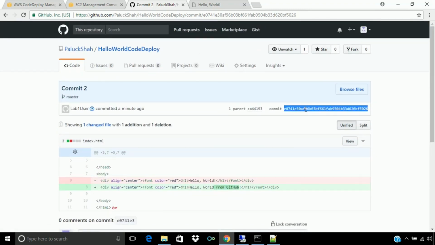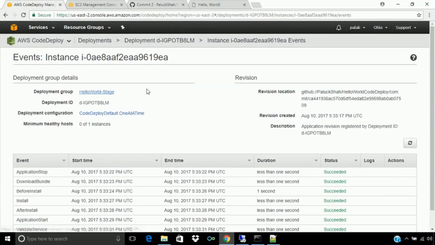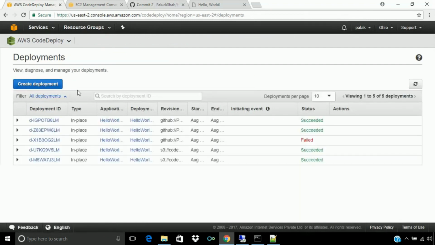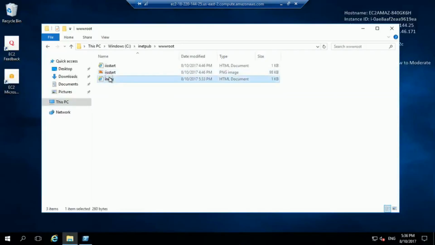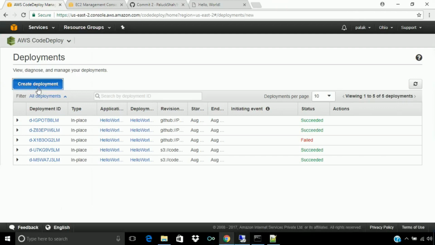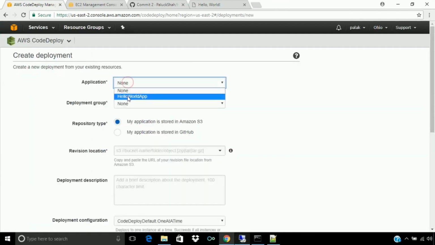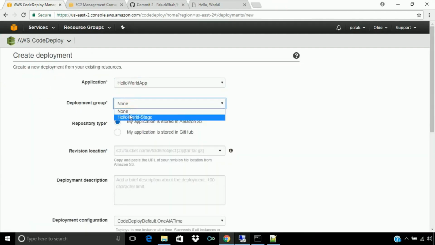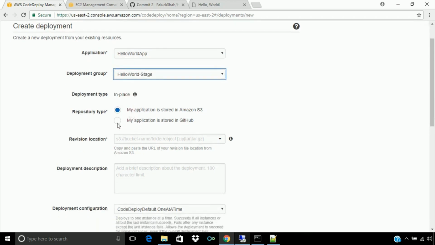So this time we will use this commit. Let's deploy the app here again, deploy this revision. Before that, let's delete this file to avoid any failures. And now let's create a new deployment for the Hello World app. Deployment group will be Hello World stage.